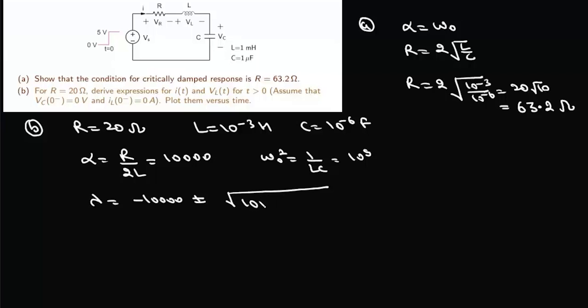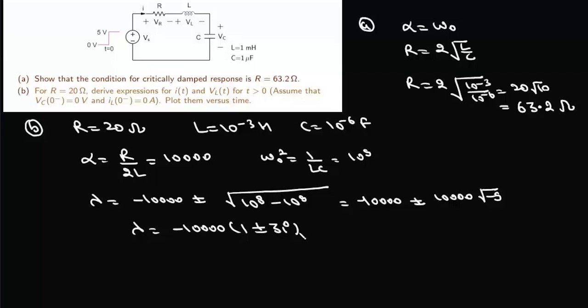So there will be 10 to the power 8 minus 10 to the power 9. And clearly this is a negative value. So it will be minus 10,000 plus minus... We'll take 10 to the power 8 out. So there will be 10,000, and this is under root of minus 9. So this lambda will be minus 10,000 1 plus minus